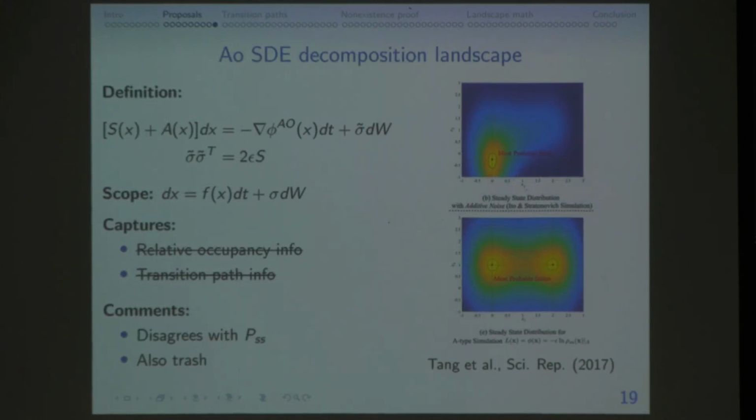There's another one, which is also trash, for basically the same reason. The definition is kind of complicated, so I'm not going to dwell on it, although if anybody's curious, I can try to explain. This is only defined for SDE models in more than one dimension, and it doesn't tell you anything. It doesn't satisfy either of our requirements, and in fact disagrees with things like the steady state probability. For people that are knowledgeable in dynamical systems, it turns out what this guy has constructed is somehow equivalent to a Lyapunov function. But if you're interested really in probabilities, this isn't helpful.